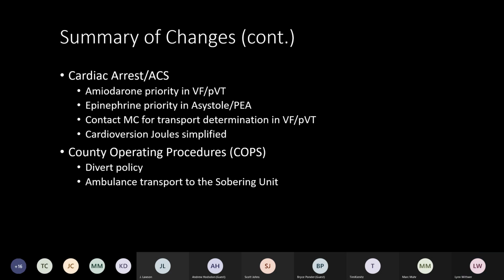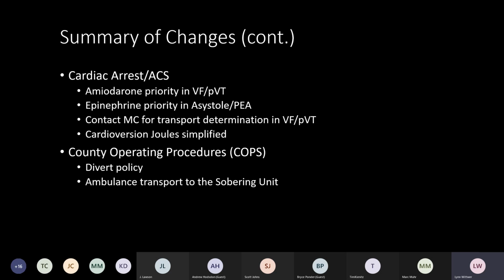and some refinements of our cardiac arrest and ACS protocols, specifically amiodarone to be a priority in Vfib, pulseless VTAC, epinephrine to be a priority in asystole PEA, reiterating that medical control is to be contacted for transport determination in Vfib and pulseless VTAC if they're persisting. Just a simplification for your cardioversion joules,